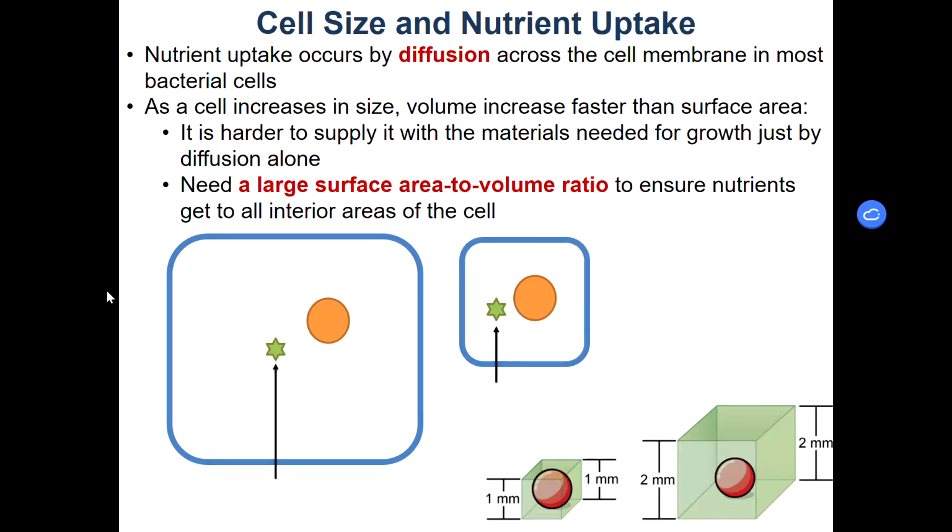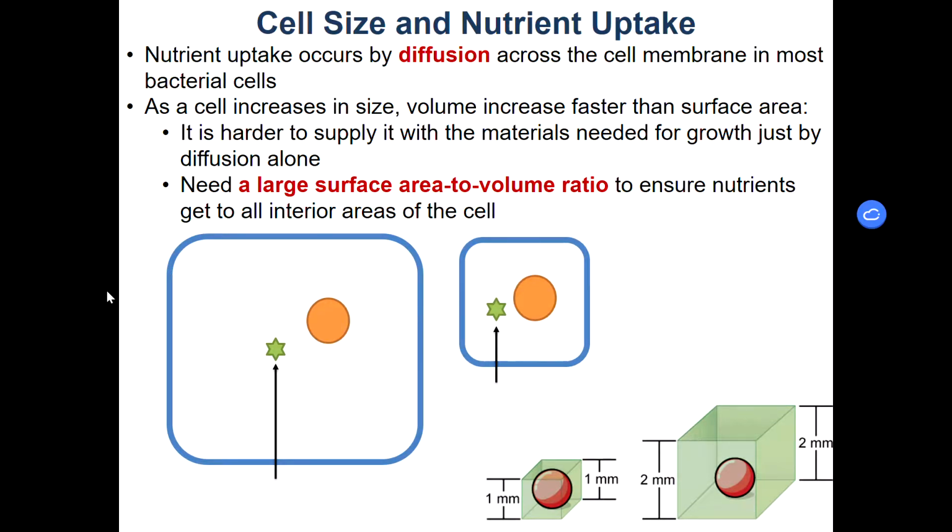So I said that prokaryotes are very small in size. Most of them are smaller than 1 millimeter. A lot of them are even smaller than that. So why do they have to be so small? The reason that they are so small is that they get nutrients through the process of diffusion. So this is a passive way for them to get nutrients. The nutrients come in passively through their cell membranes, and then those nutrients need to get to the rest of the cell.